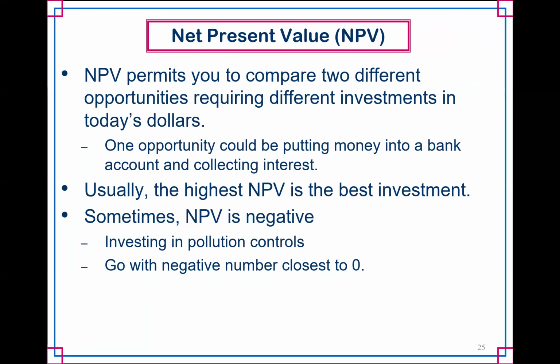So it really does allow you to compare two different investment strategies, or you can even compare multiple. You can compare hundreds of them, but you're looking for the highest net present value in most cases. Now, you are going to have some cases when that net present value is negative, and you may have no choice. The example I have here for a generating facility is that you are required to invest in some sort of pollution controls to be compliant with new EPA regulations. And you're looking for the least costly option that meets the regulations and will give you the best bang for